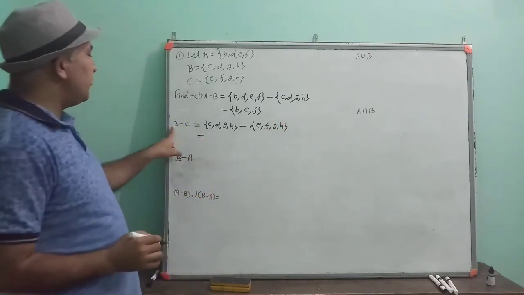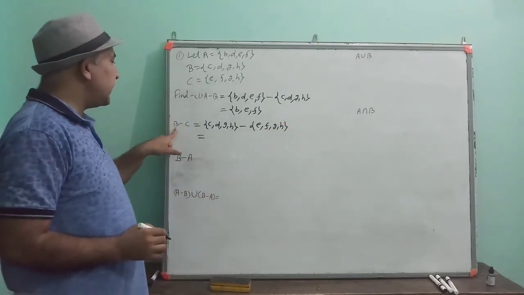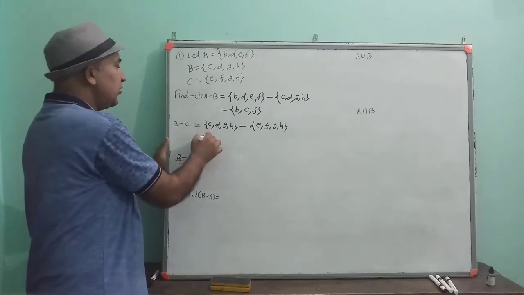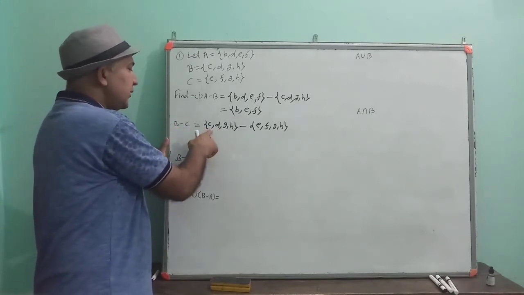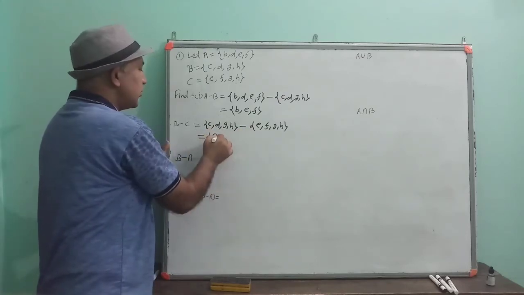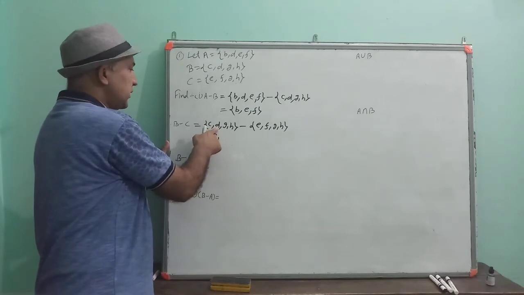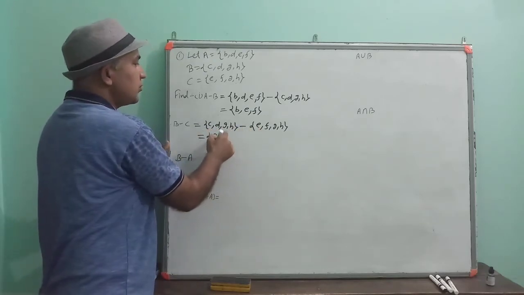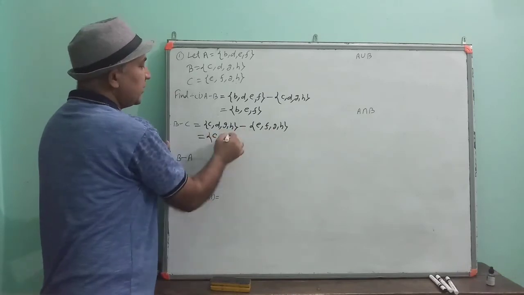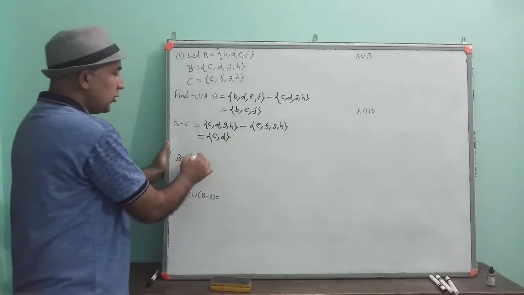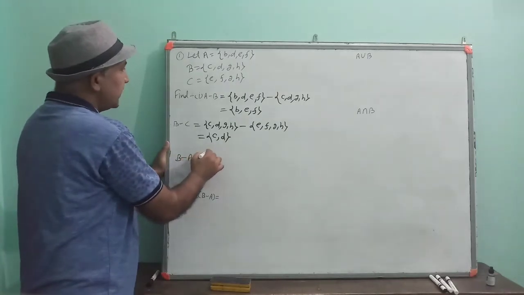Understood? In the same way, B minus C: C, D, G, H minus E, F, G, H. What is the meaning of B minus C? All the elements of B which are not in C. So compare what is not in C. See here, C is in B but not in C, so write down C. D is in B but not in C, so write down D also. G, H are present there also, so we will not write G and H. Understood?